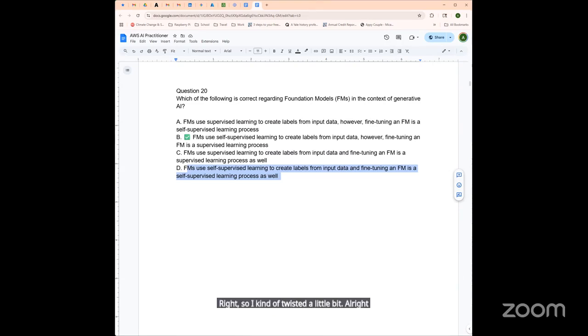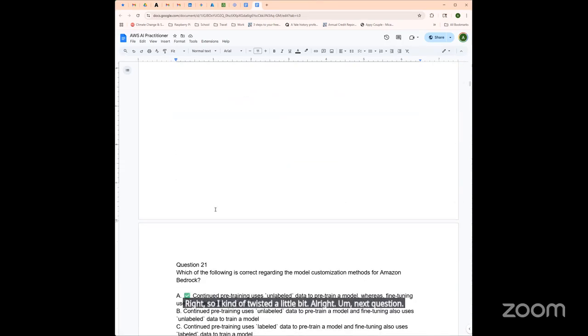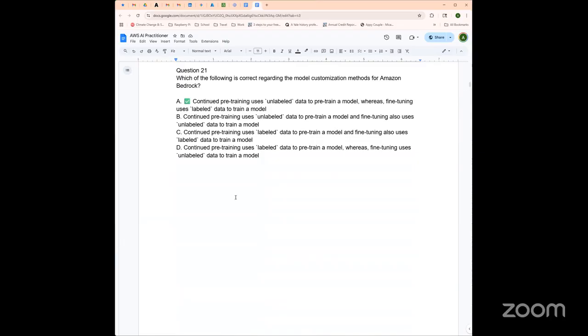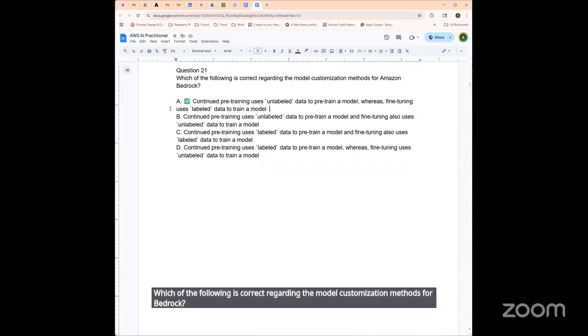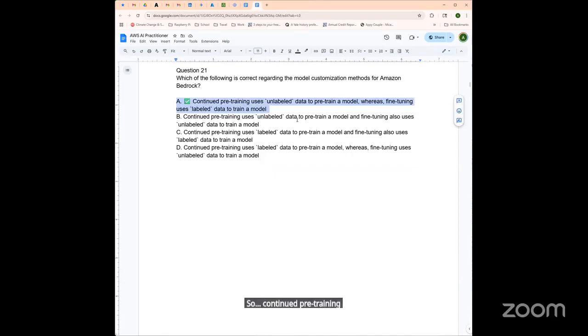All right. Next question. Which of the following is correct regarding the model customization methods for Bedrock? Continued pre-training uses unlabeled data to pre-train a model, whereas fine-tuning uses labeled data to train a model. Bedrock has two model customization techniques, right?